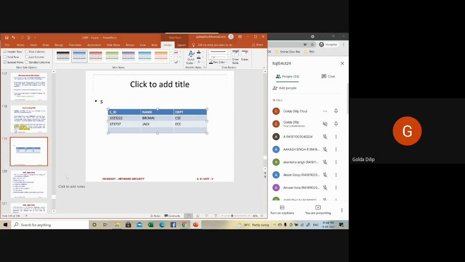Now, let's say the university website will permit its students to view their registration status, information and grade information, provided they log in with their current student ID and password. Let's say there is one more column called password.